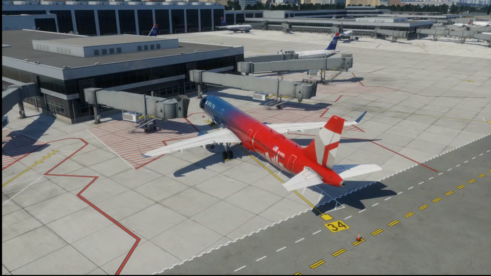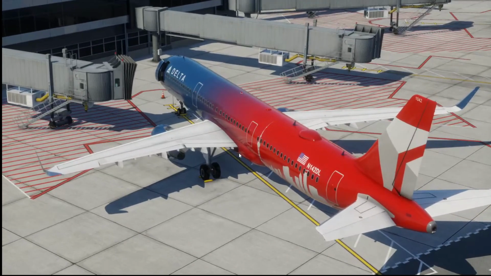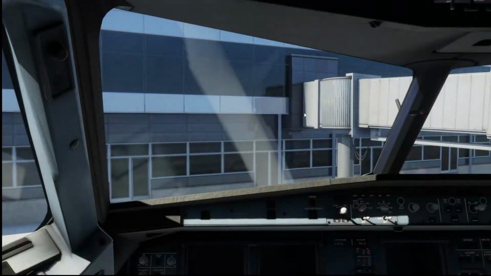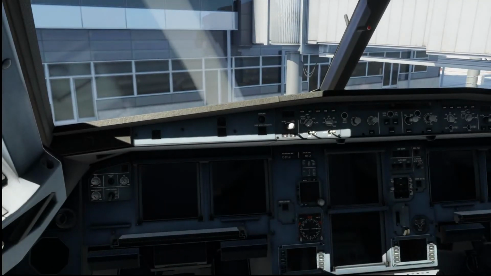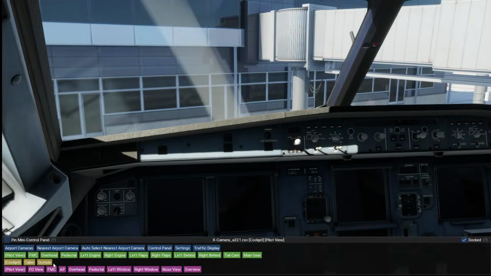So for example, let's say you want to participate in this flight. For me, this is my view. I'm the pilot, so this is it for me. But you are trying to get an experience on the flight, so you may not want this view. You may want this view.